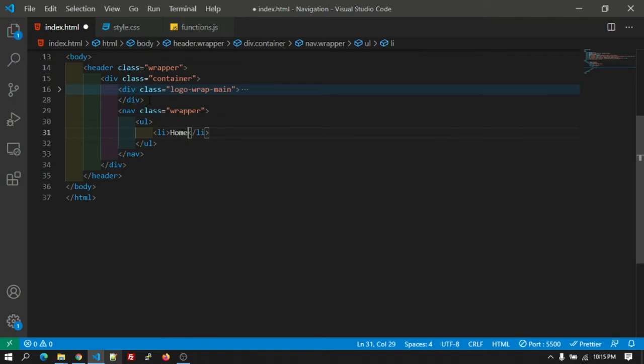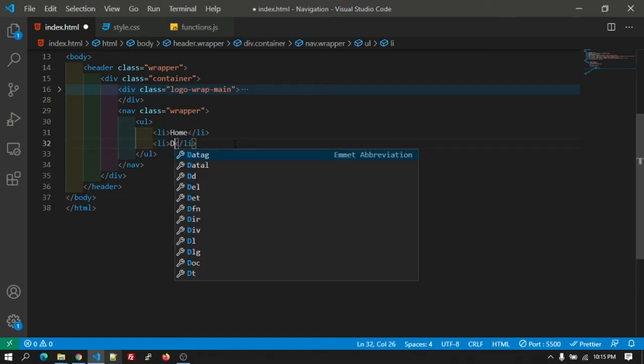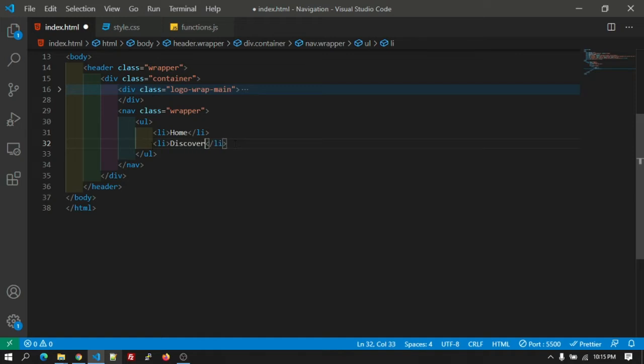So first menu will be home, and the second one will be discover, and third menu will be experience. Make sure you add the anchor tag as well.